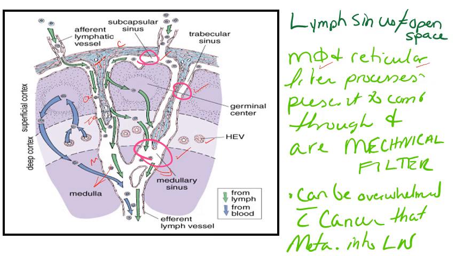And what that means is that the lymph node acts like a mechanical filter. All right, so this process has been elucidated over and over again, so I hope it's not annoying you, but we have our afferent going into our subcapsular sinus, into our trabecular sinus, into our medullary sinus, and out through